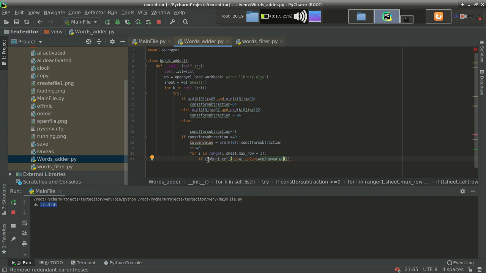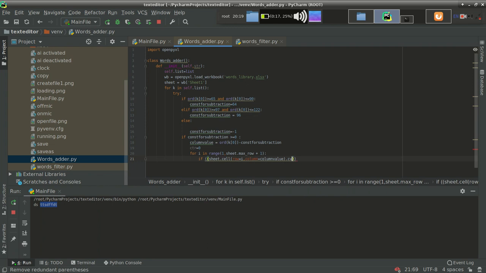And what this will do, let's see: this sheet dot cell will return an object only, but we want the value of that cell. For getting the value of that cell, we have to write dot value also.